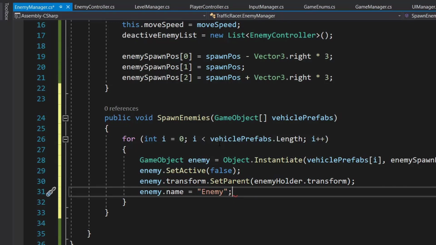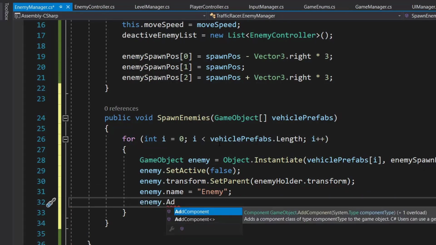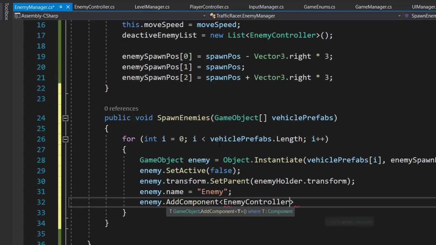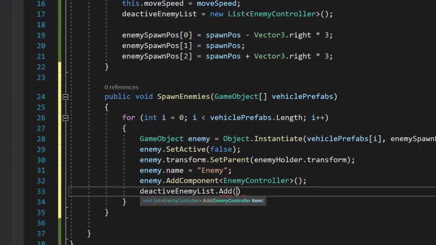Then we need to add an EnemyController to it, so enemy.AddComponent EnemyController. And then we add our enemy to our deactivateEnemyList.